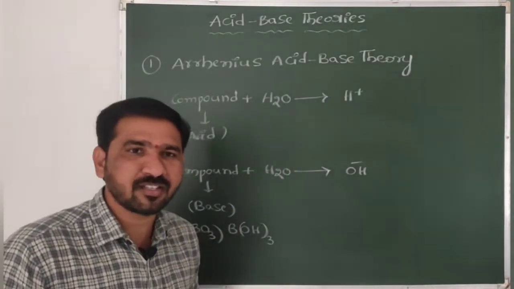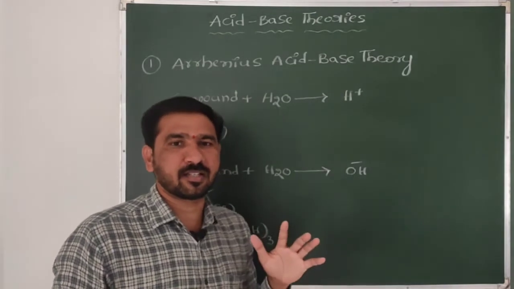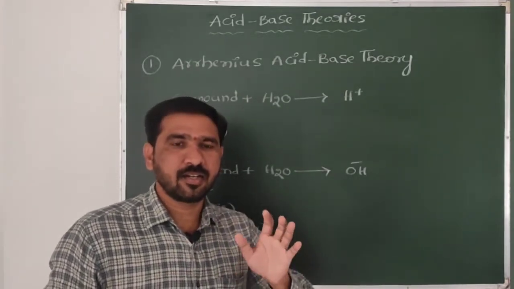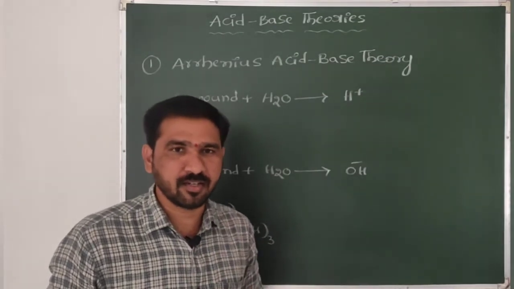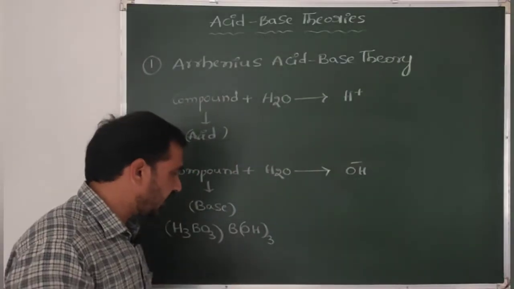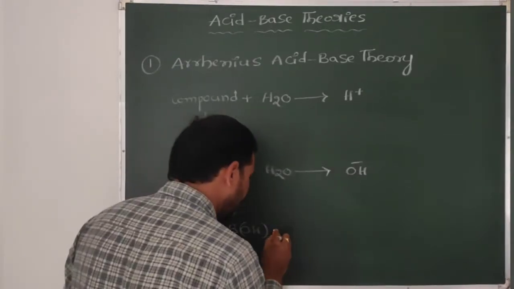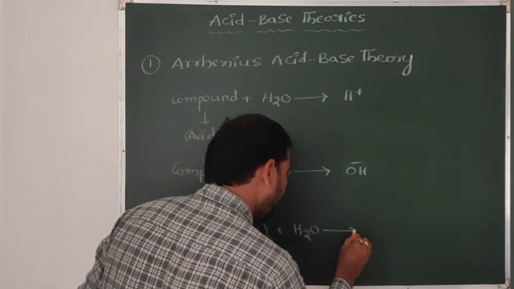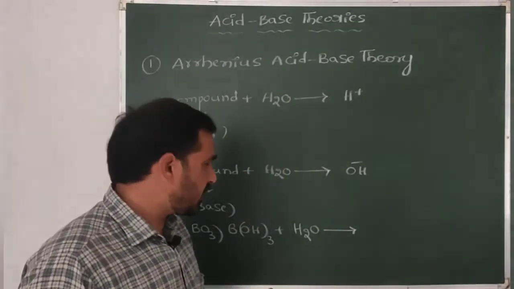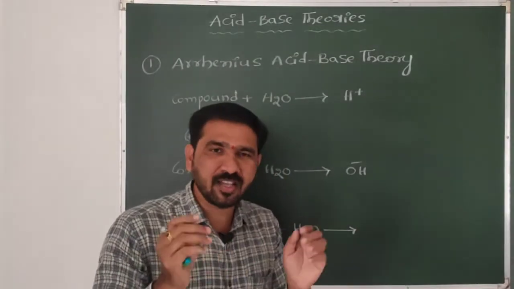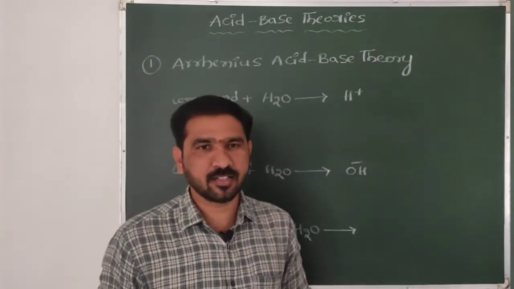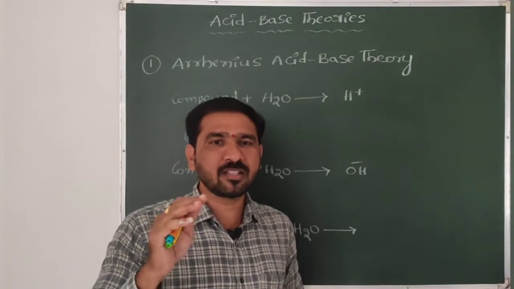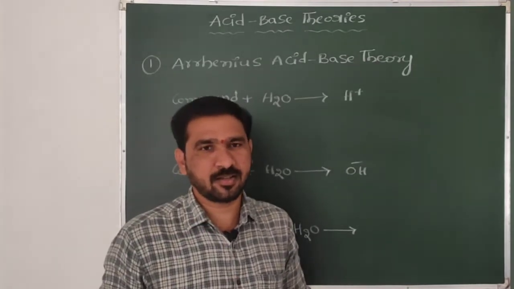Which of the following statements is correct about the following reaction? The Arrhenius concept, the Lewis base concept, and the Bronsted-Lowry acid-base concept are given as options. The reaction is given: B(OH)3 reacts with a water molecule, it produces what? Generally, H2O dissociates as H plus and OH minus. H plus is an electron-deficient, OH minus an electron-rich reagent.